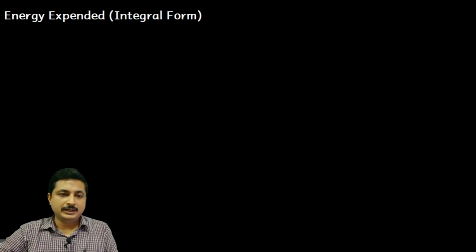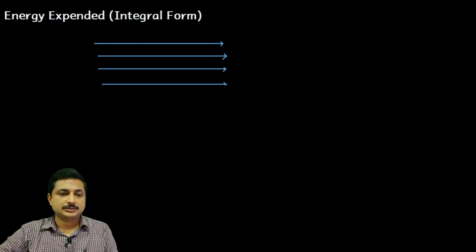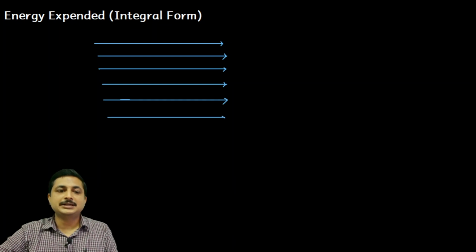So, I need to consider an electric field as we have considered in the differential form. Let me first draw that. Let me consider a large electric field. Just assume that this electric field is very huge. As you know, this is extending from some positive charge to a negative charge or infinity. Then the intensity is E vector.